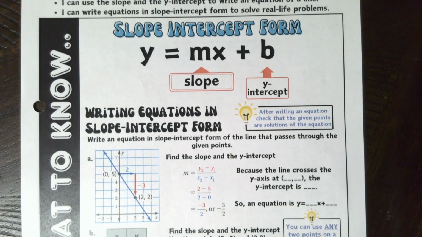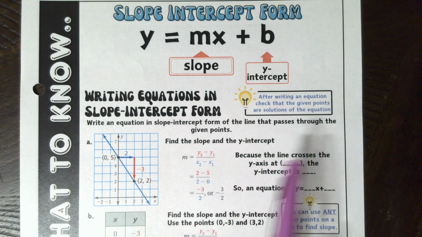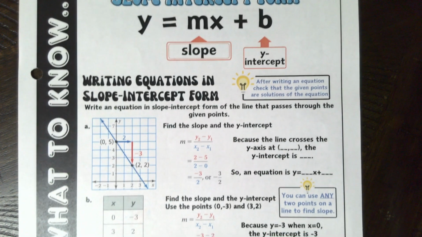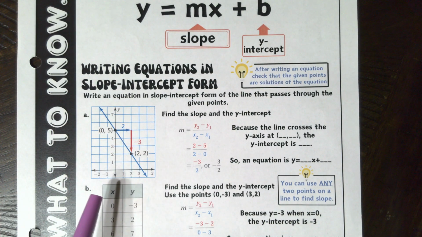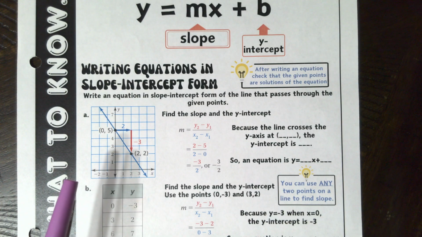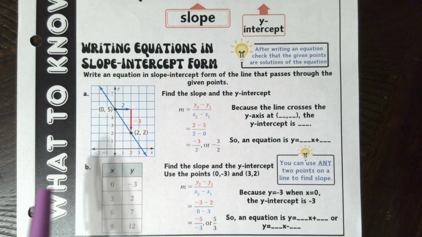So you are going to write an equation in slope-intercept form of the line that passes through the given points. So there's two different ways that we're going to look at this. We're going to look at one, if you have the information from the graph. So if you've already plotted some points, the line is already there, we're going to see how do we get the information that we need to be able to write our equation. And then we're going to look at a table. Based on the information that we have on the table, how do we find what we need